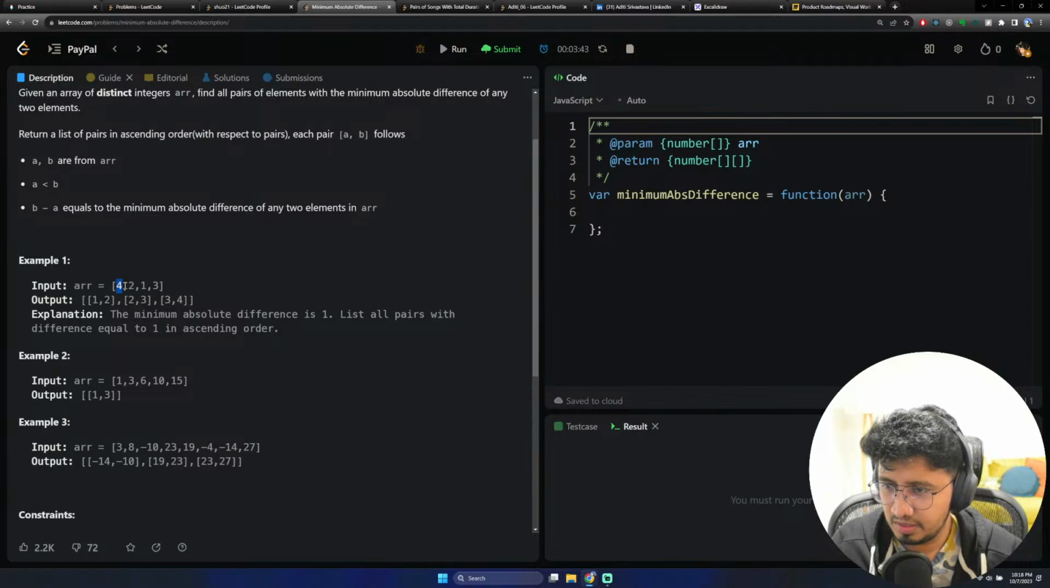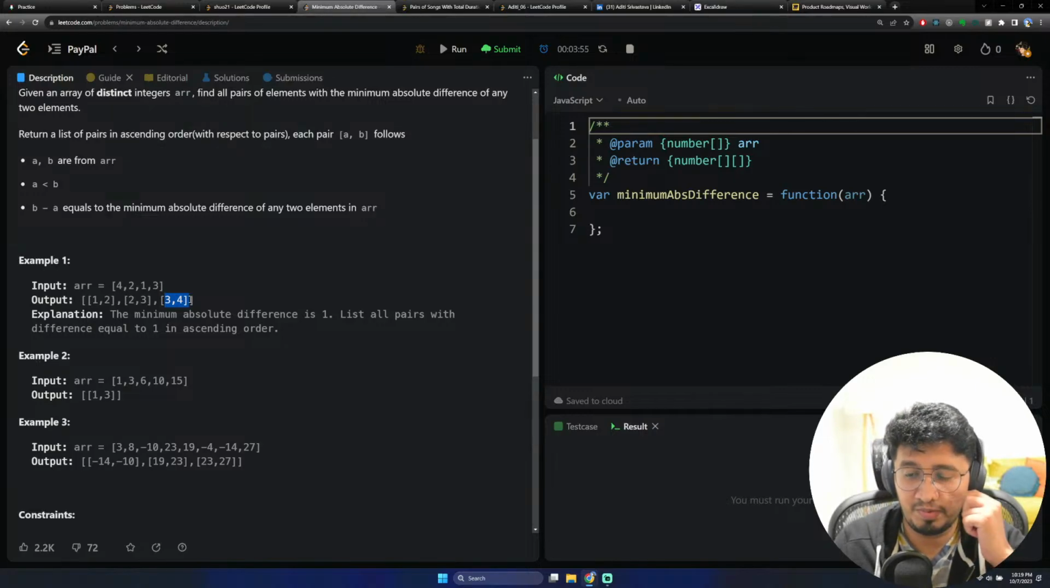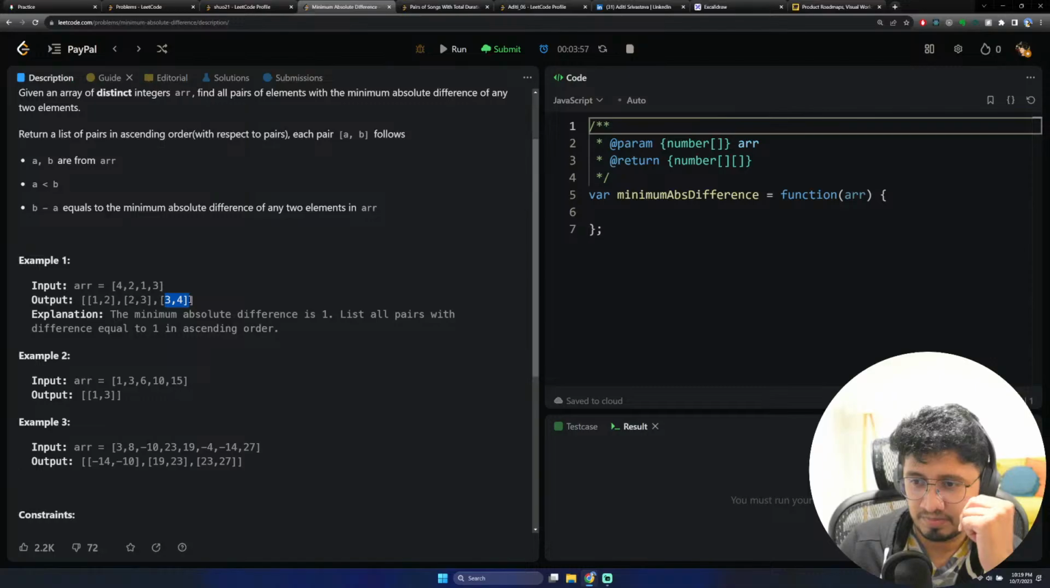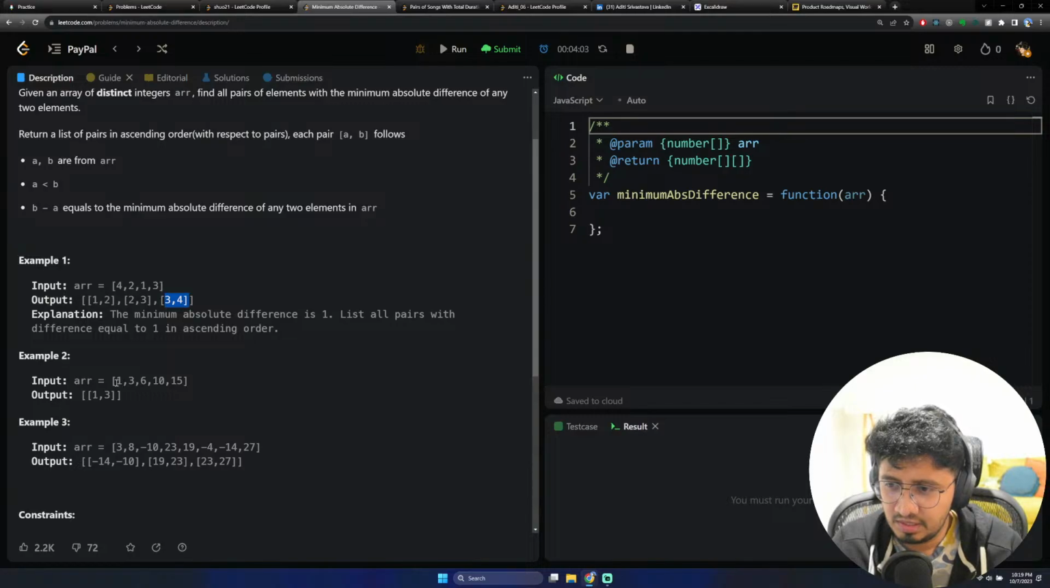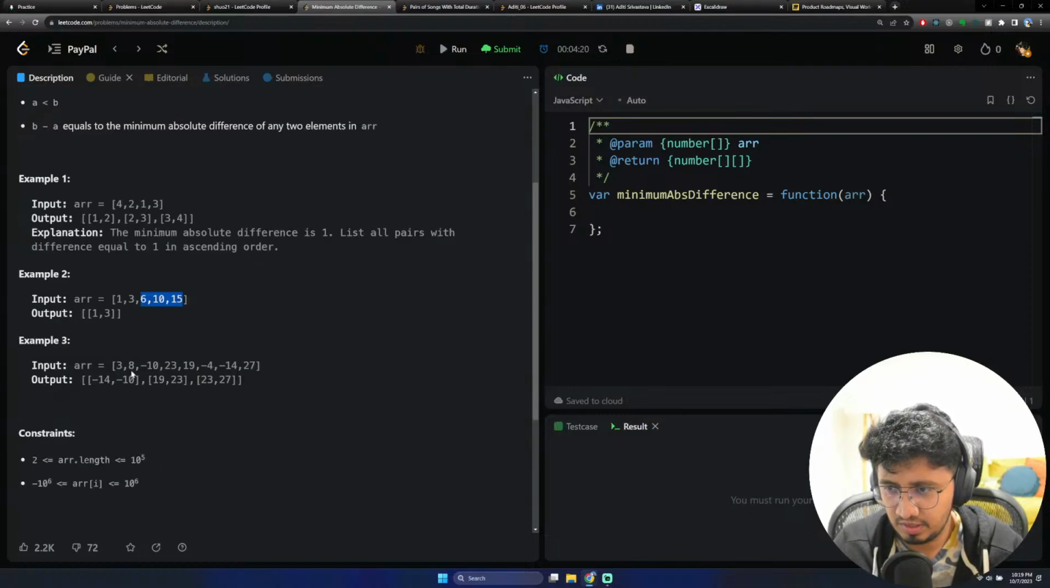No way of telling, but if you see this, 1 and 2 form a pair of that kind. 2 and 3 also form a pair of that kind, and 3 and 4 also form a pair of that kind, which has a minimum absolute difference of 1. In this case, 1 and 3 is 2, the minimum difference is 2. So nothing here is satisfying that, so 1 and 3 is the only one. So 3 and 8 is